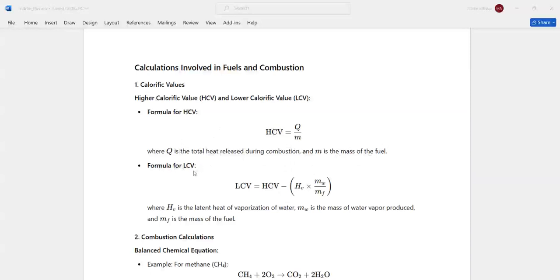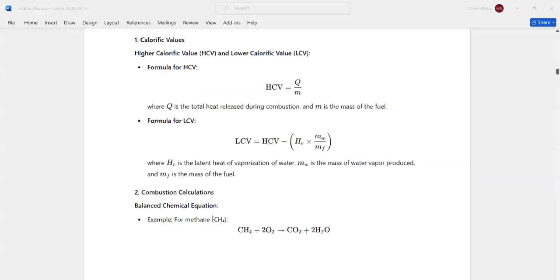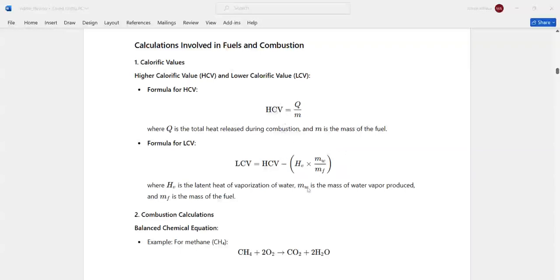Now, what about the net calorific value, or the lower calorific value? It is equal to HCV minus the latent heat of vaporization of the water vapor produced. That's why we get HCV minus this formula, because it helps us to calculate the heat of vaporization of the water vapor. Because you already have the HCV,